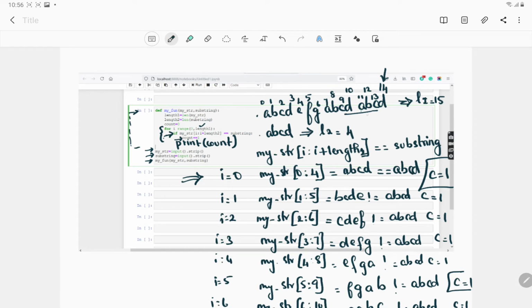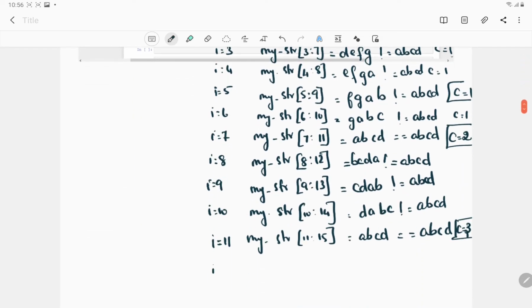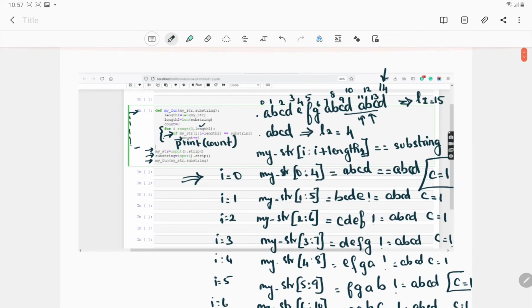So now I gets incremented as usual to 12. I equals 12. Now we have a problem here. It is 12 to 16, right? That are elements 12, 13, 14 and 15. But do we have a 15th element in our string? We don't have, right?